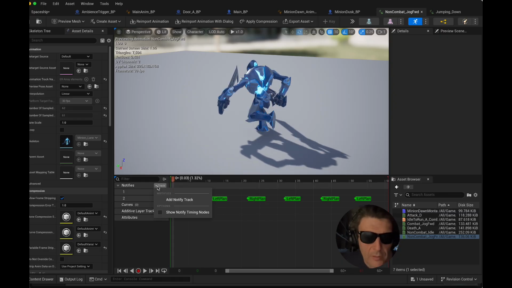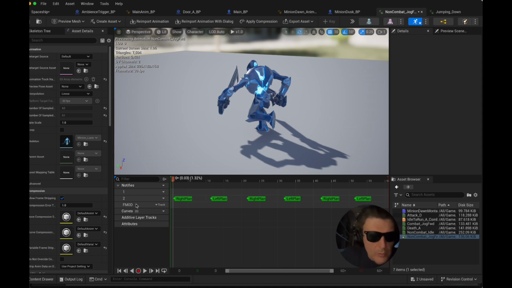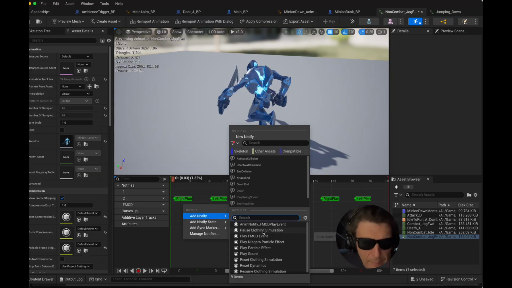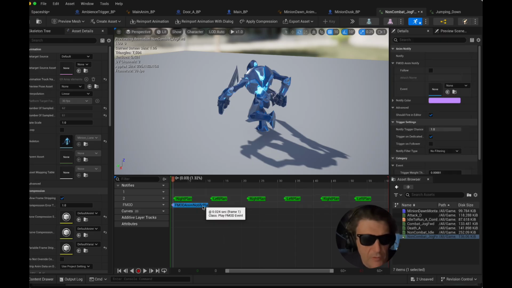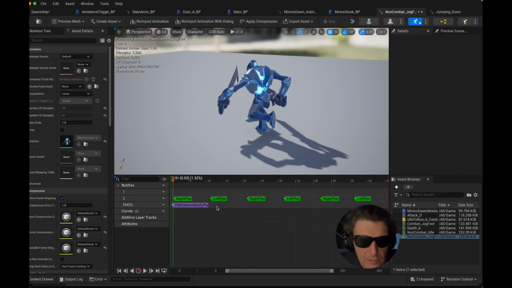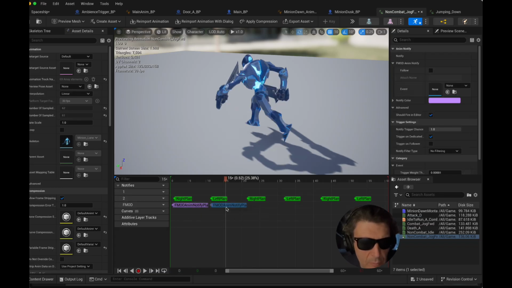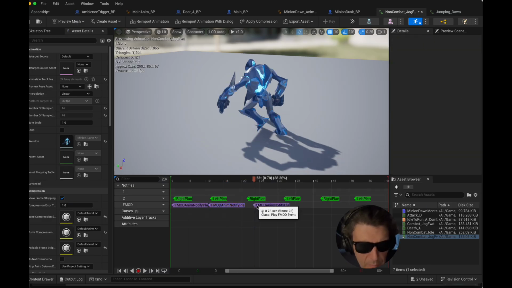We want to create our own track, so we add a Notify track ourselves, and maybe we can call it FMOD. And in this one, simply we can add a Notify and we can play an FMOD event. We can position exactly where they are. If you make a distinction of sounds between left and right, maybe you want to call different events, but for me, I just want to place it like that,